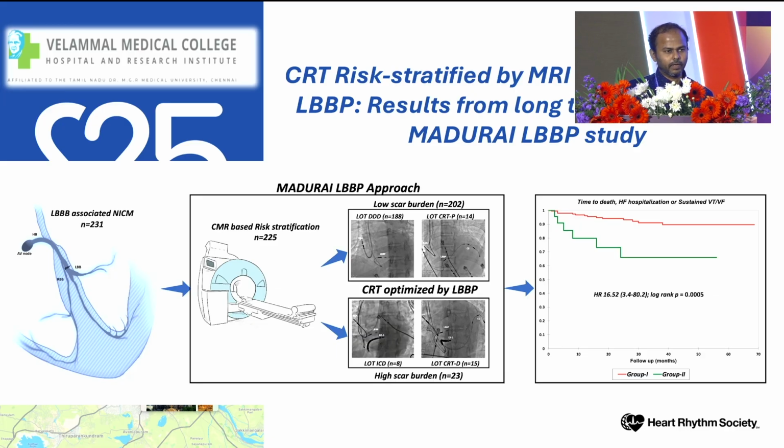We did cardiac MRI in all these patients who were referred for a device therapy. We categorized them into a high-risk group and a low-risk group based on their scar burden. If the scar burden is less, in a typical left bundle branch block, we did only a dual chamber pacemaker with a left bundle lead and right atrial lead. And what we could observe was nearly 80% of these patients had normalization of the LV function